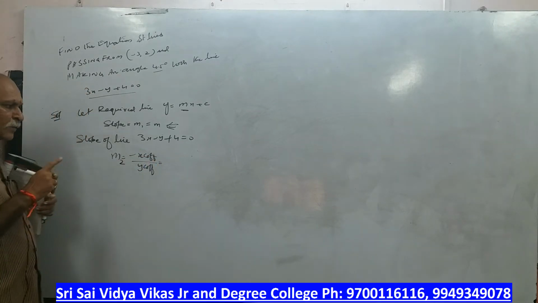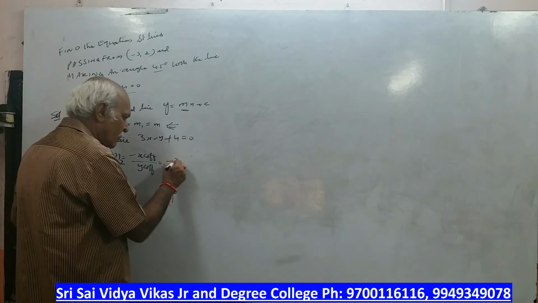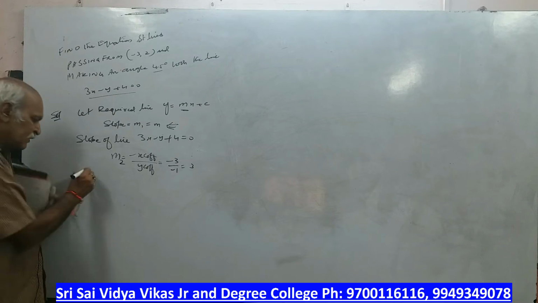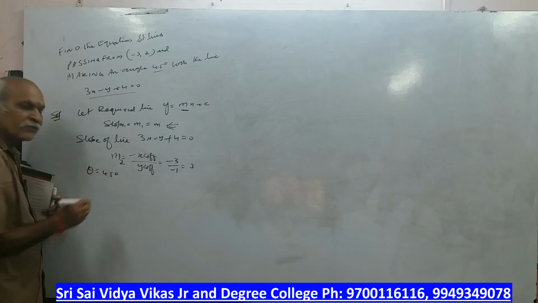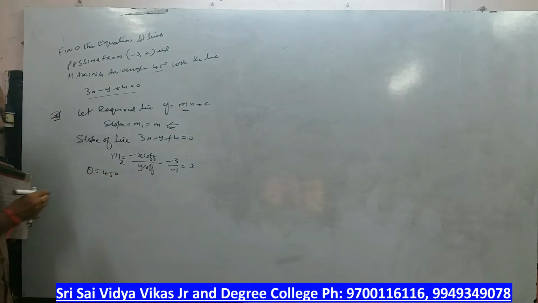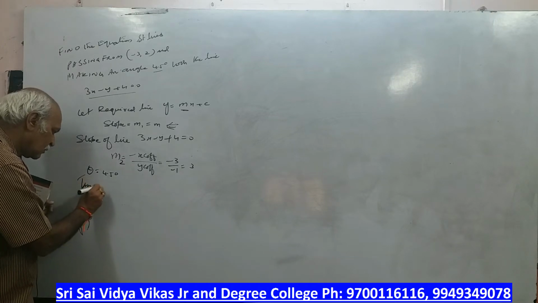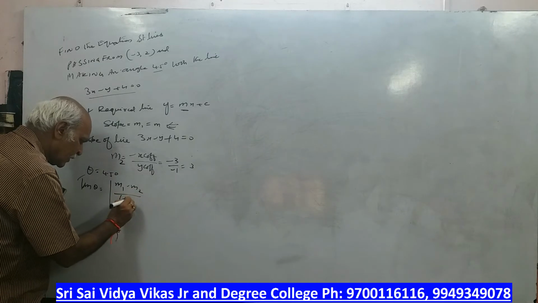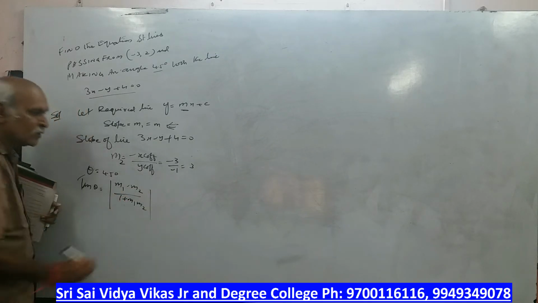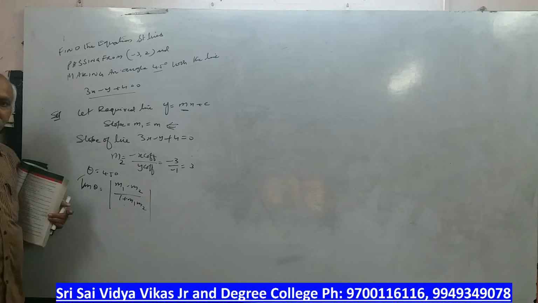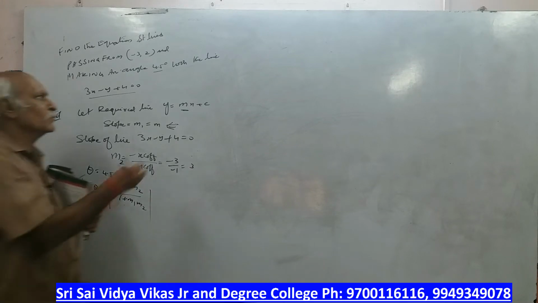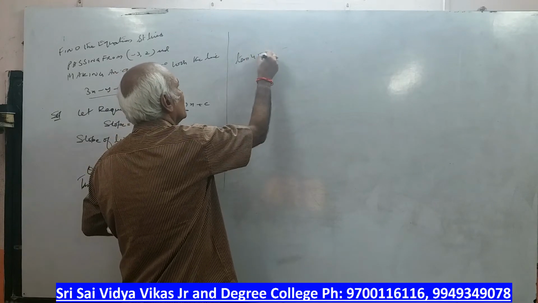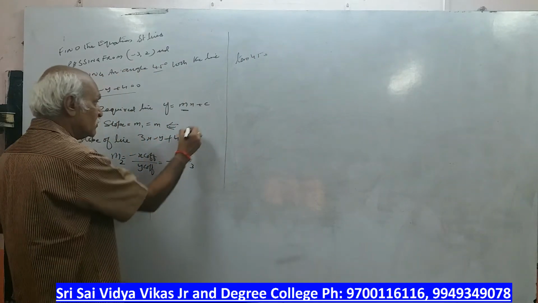Okay, please understand this problem is very very important, sir. So minus 3 by minus 1. How much do we get? 3. This is m2. Now what is the theta he has given? 45 degrees. Now I am applying one formula. Tan theta is equal to m1 minus m2 by 1 plus m1 m2. Which formula am I applying? Tan theta is equal to m1 minus m2 by 1 plus m1 m2. Here theta is 45, m1 is m.